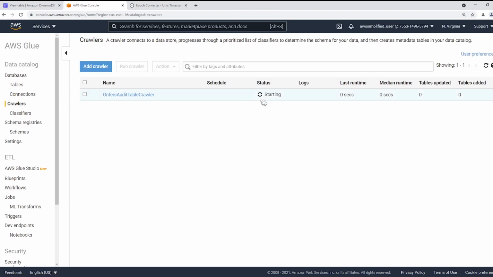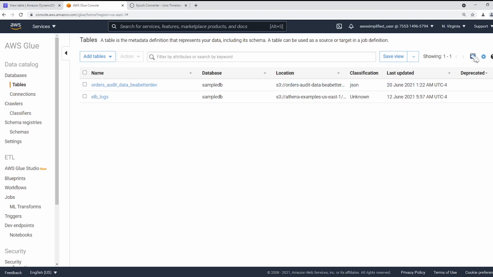I'm going to wait until this is finished running, and then we're going to check on the table section to make sure everything is there. All right, guys, you can see this is pretty much done. It's currently in stopping status. And if you note all the way on the right here, you can see tables added and it is set to 1. So that's a good sign for us. That just gives us confirmation that everything worked correctly. So you can go ahead and go to tables now.